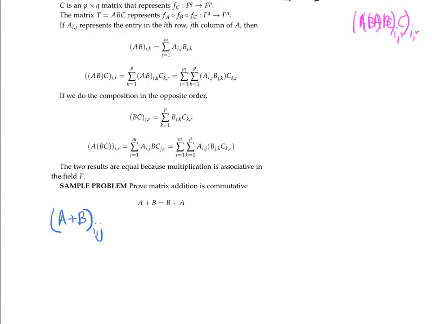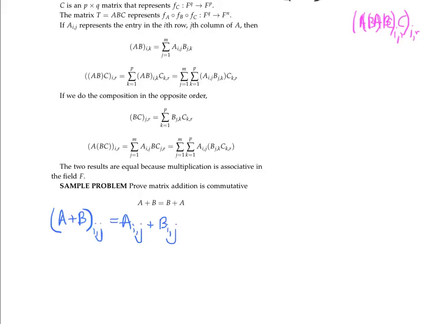Here we go. Well, the ith row, jth column of A plus B, we already realized that in order for us to add two matrices together, they need to be the exact same dimensions. And the ith row, jth column entry of A plus B is the sum of the ith row, jth column entry of A plus the ith row, jth column entry of B. Now these entries themselves are just members of a field where addition is commutative. So we can rewrite this as the ith row, jth column entry of B plus the ith row, jth column